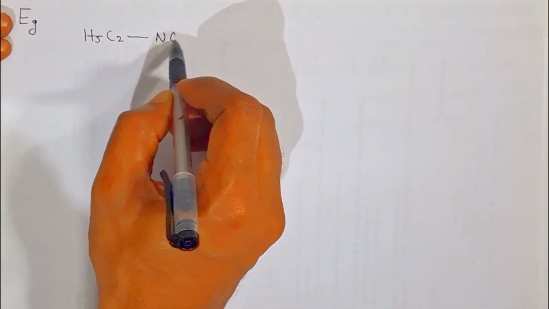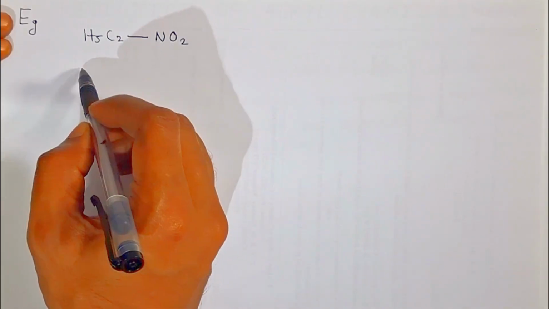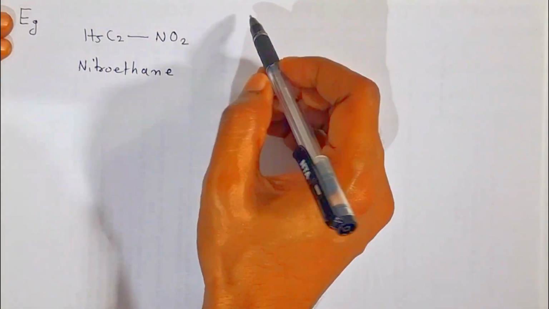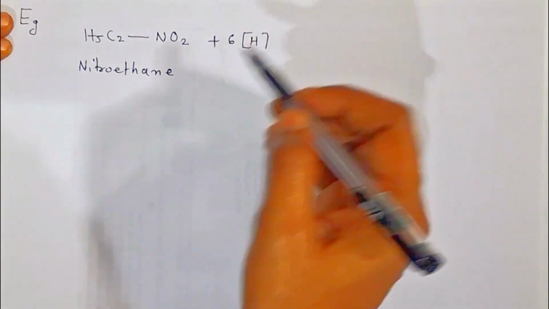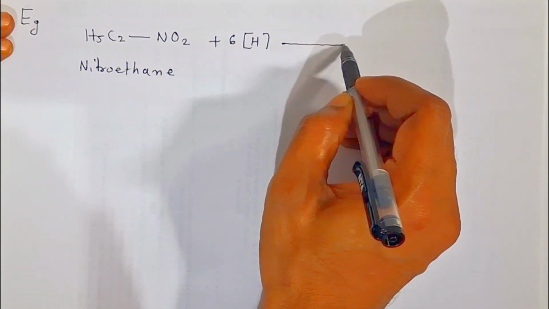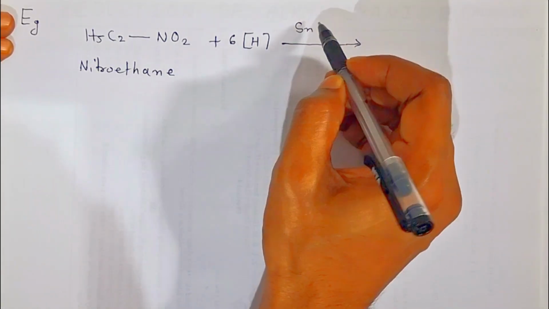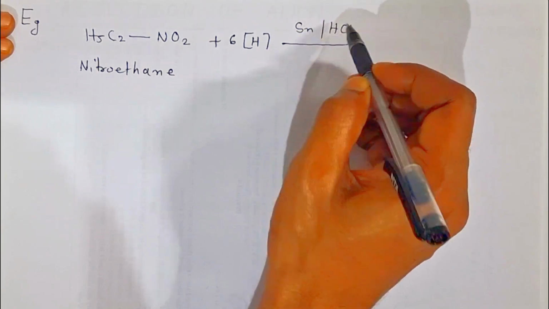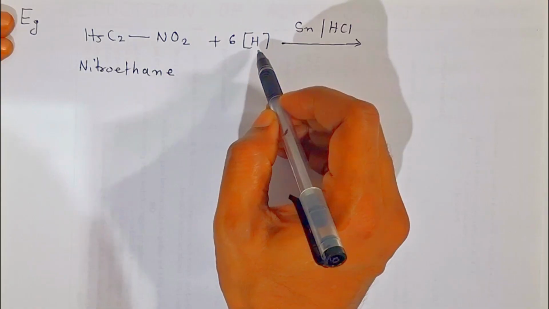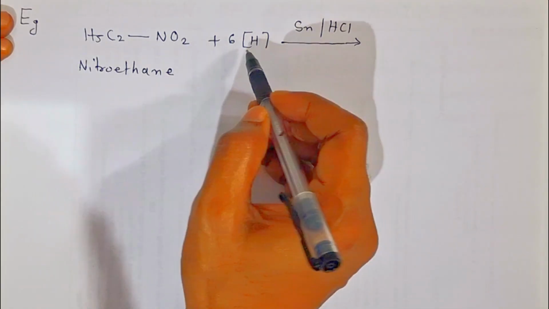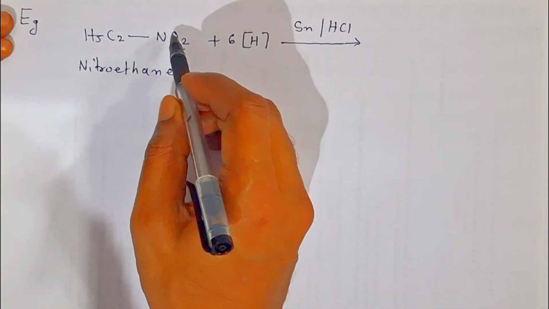Now you are going to replace with a nitro group, so this is called nitroethane. Now what happens, students, when it combines with 6 nascent hydrogen? How does it come? When metal, here I have taken stannous (tin) in contact with HCl, this metal-acid mixture will give you nascent hydrogen. Out of 6 nascent hydrogens, 4 nascent hydrogens are going to remove the oxygen of this nitro group